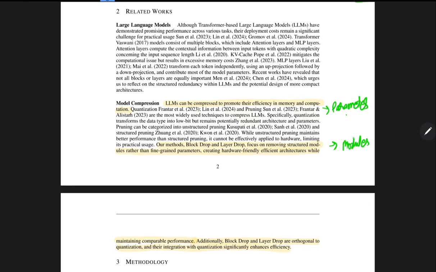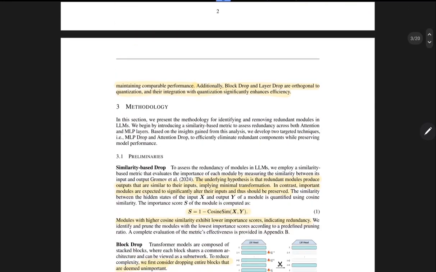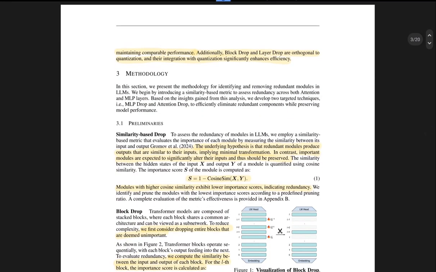So you see the difference. This is a very huge difference. We were just removing some parameters using pruning and quantization. Now we are actually removing a whole module from the architecture. That's a huge thing, right? So yeah. Now, how do they do this? They are saying we present the methodology for